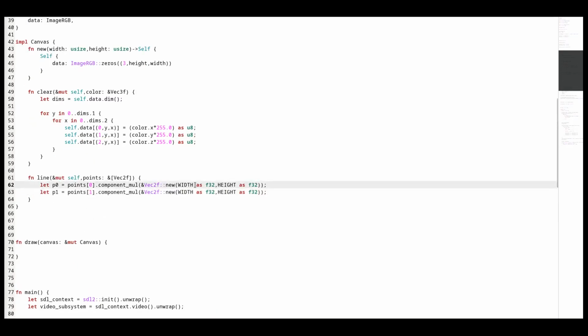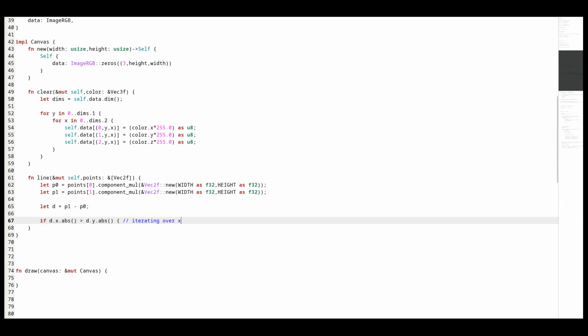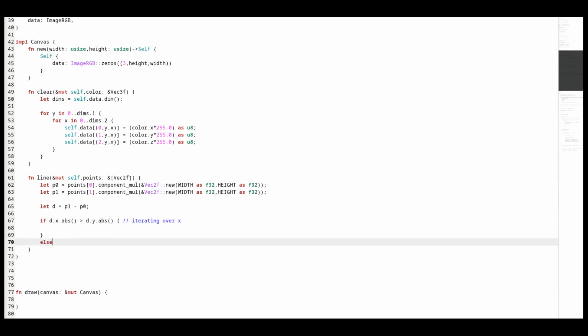Also, we need to multiply the points' coordinates by width and height. This is how the algorithm works. We iterate over the main coordinate as an integer, adding a half to the value and computing the opposite coordinate as a float. In this example, the main coordinate is x, while the opposite is y.